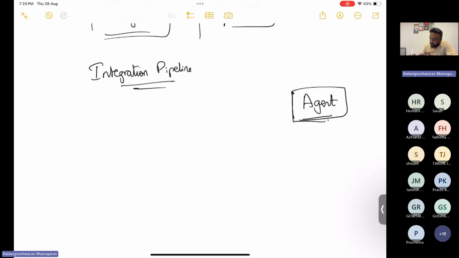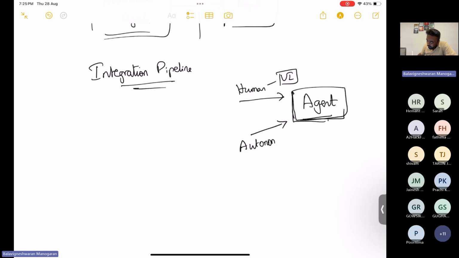Now this agent can be used by a human through user interfaces like we just saw. You can have a user interface, and using that user interface the agents can be consumed, or an agent can also work